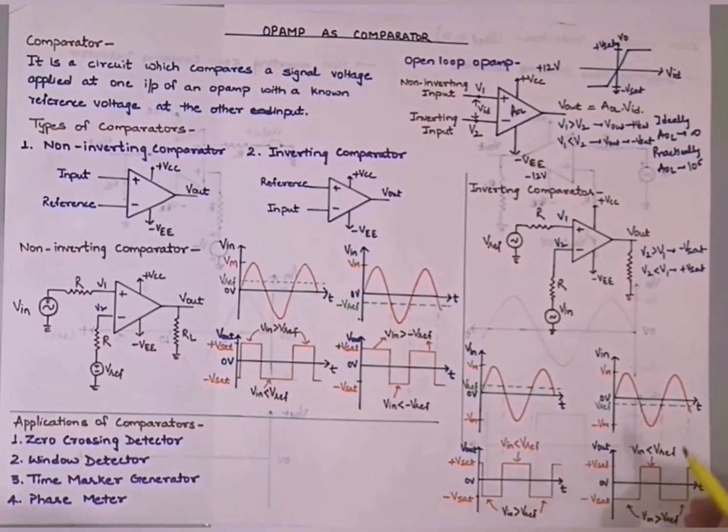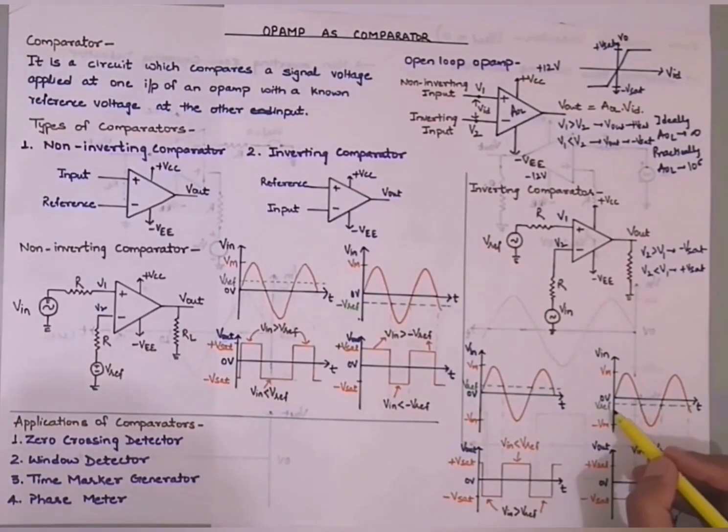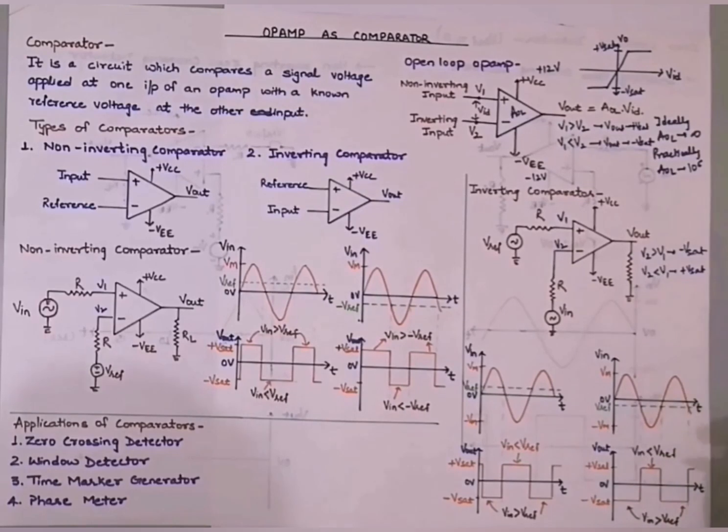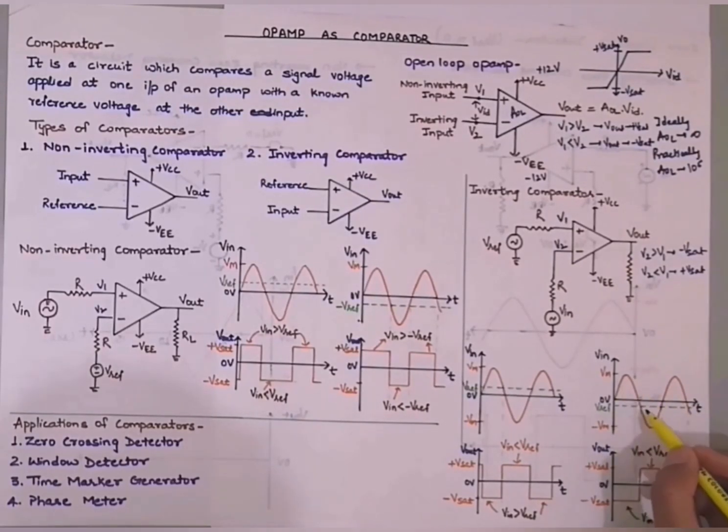In the second case, I have taken my reference voltage signal as a negative voltage. So you can see here that the width of the pulse in the minus V saturation should be larger than the width in the plus V saturation, because it has now shifted downwards. More portion of my input signal is greater than the reference voltage, and due to the lesser portion lower than the V reference, my pulse for the plus V saturation will be smaller.